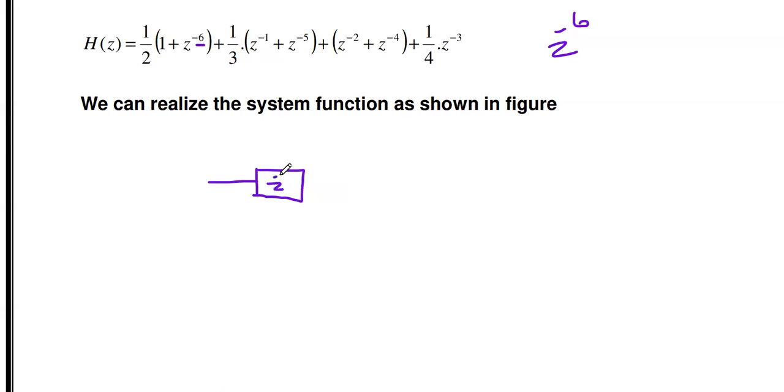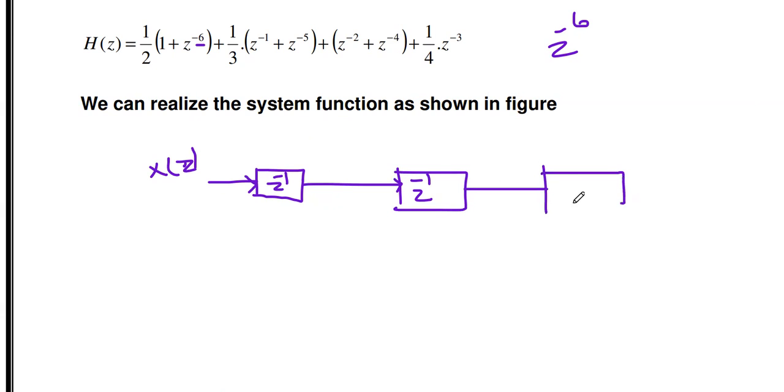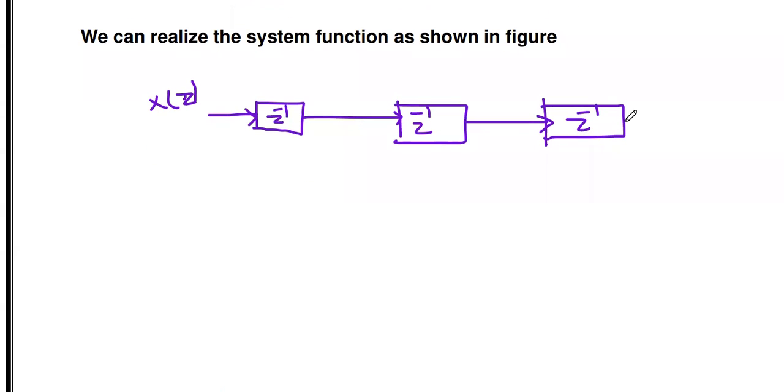So you see, this is the first delay. This is our input x of z. The x of z is first given to the first delay. Then this is the second delay. The output of the first delay is given as an input to the second delay. Similarly, the output of the second one is given to the third delay, z inverse. So if 6 delays, in the top you just draw those 3 delays. Similarly in the bottom, in the same position, you just draw the remaining 3 delays.